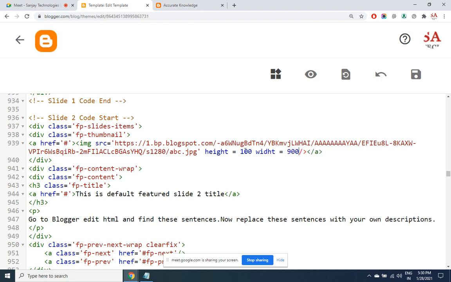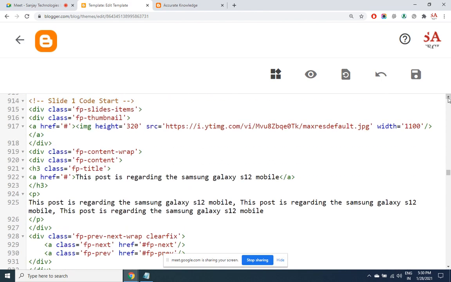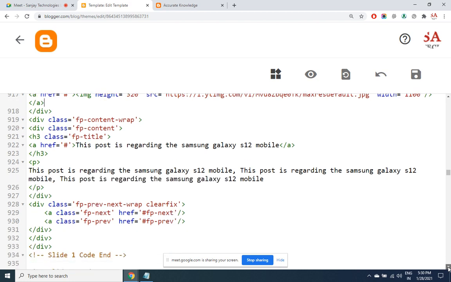So 300, 900, so 350, 80, 350 and 1100. So this is what we used here at the top. There's some syntax error there. So height is equal to, in single quote we need to mention that. 320.